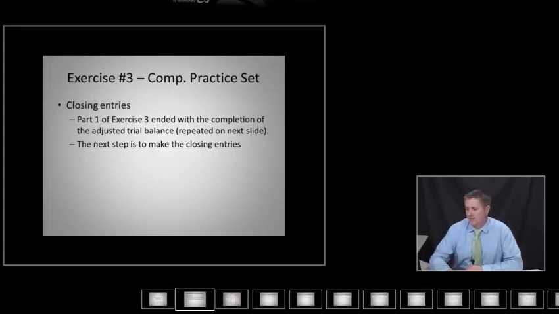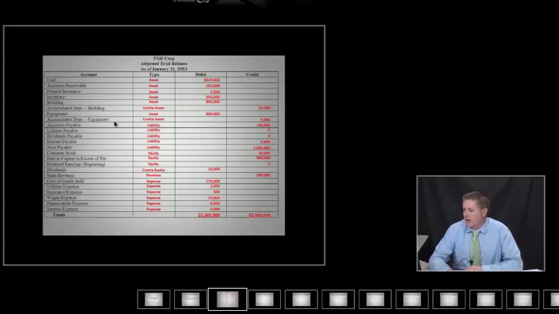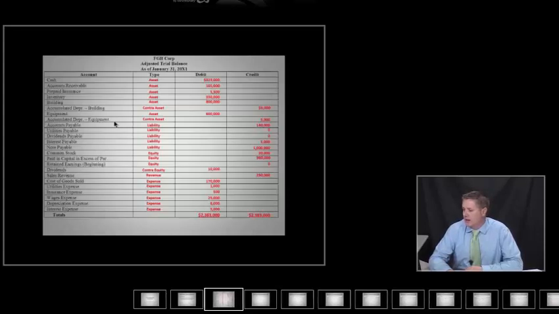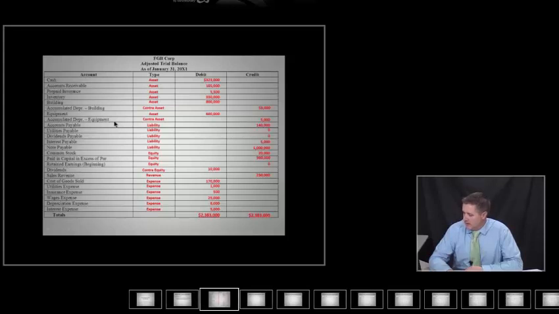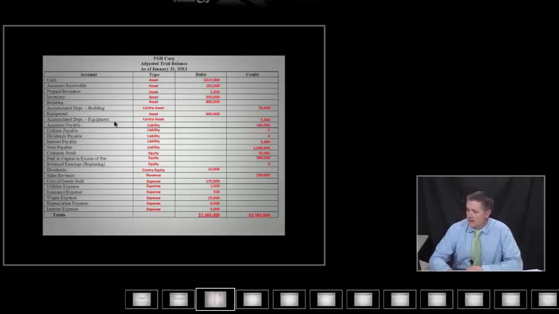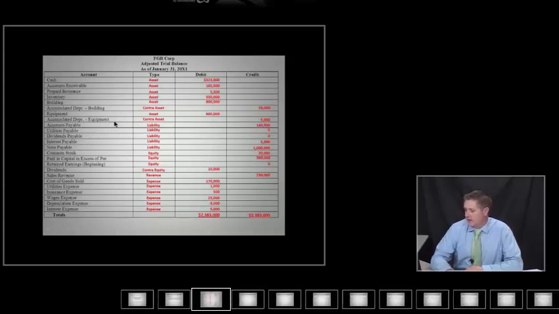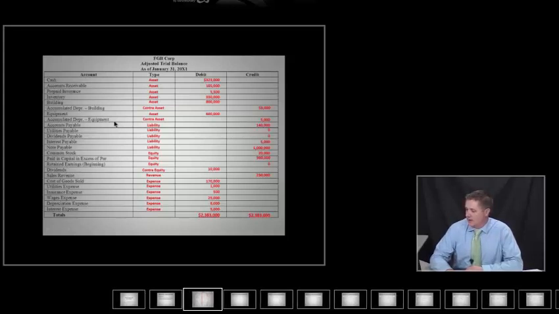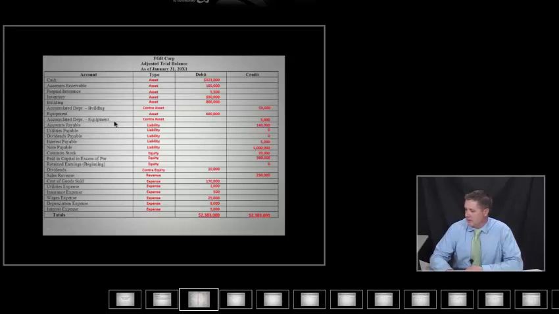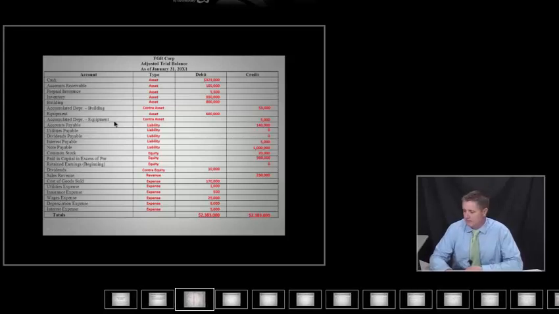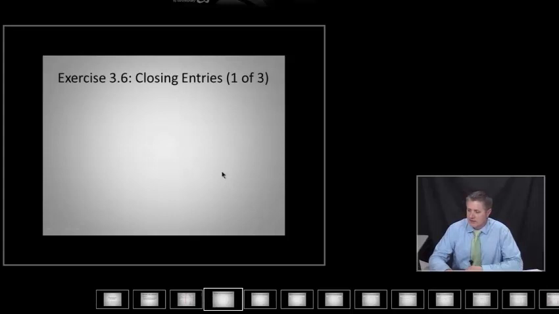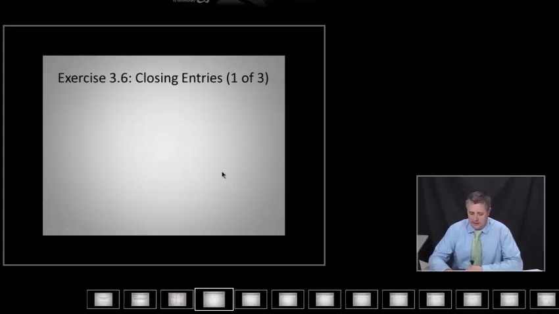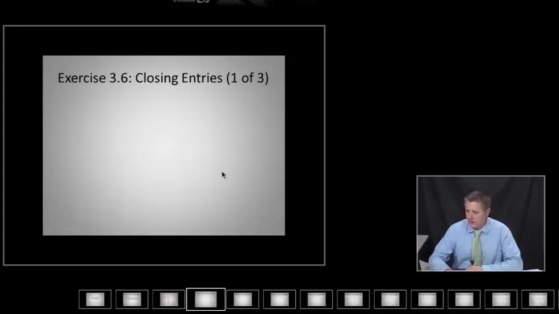adjusted trial balance. So if we look at our adjusted trial balance, keep in mind that it's organized in terms of assets, then liabilities, equity, revenue, and then expense. And also that debits must always equal credits on the adjusted trial balance. So let's look at exercise 3.6, which is closing entries, and there are 3 slides that we'll go through here related